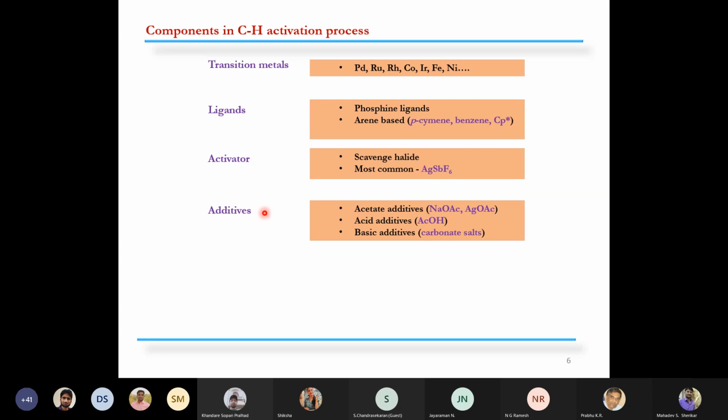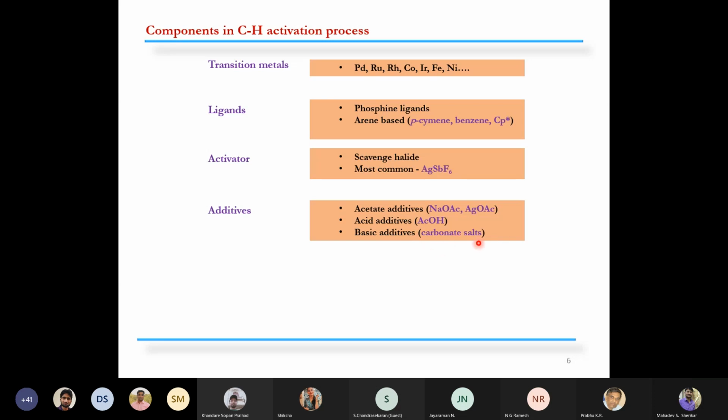So additives also have a crucial role in the field of CH activation, and additives are generally divided into three types: acetate additives, acid additives, and basic additives. Mostly used acetate additives are sodium acetate and silver acetate. The acetate plays a crucial role in the formation of the CH activated product, and acid additives are used for quenching the metal cycle, that is, protodemetalation, and sometimes we need basic additives, and carbonate salts are